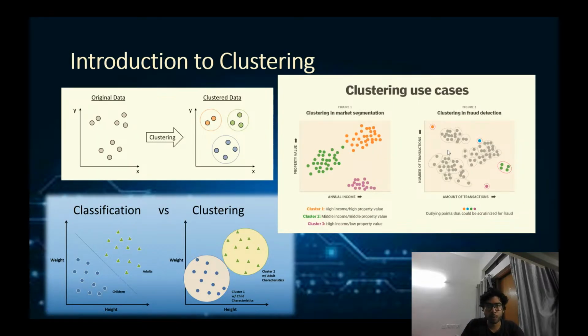So what is clustering? Let's say you have some data which can be represented in 2D like this. The x-axis could be any value and the y-axis could be any parameter. Like x and y are basically parameters. In the example on the right side, this is the annual income and this is the property value. These are data points of different people. This person has this much annual income and this much property value, and based on